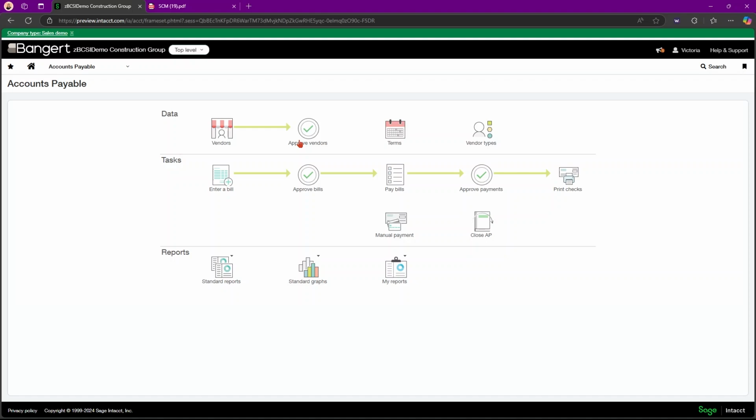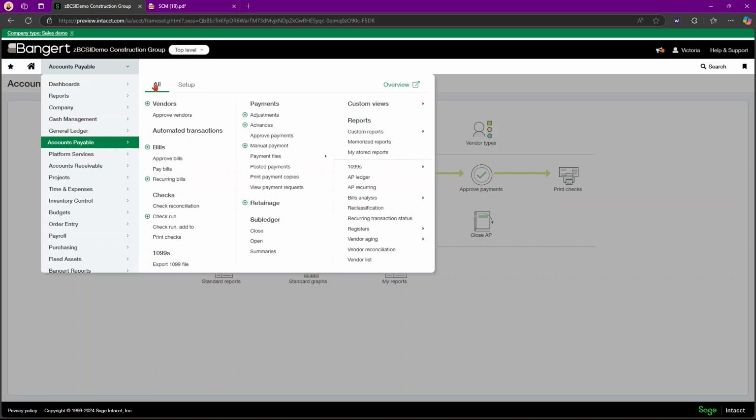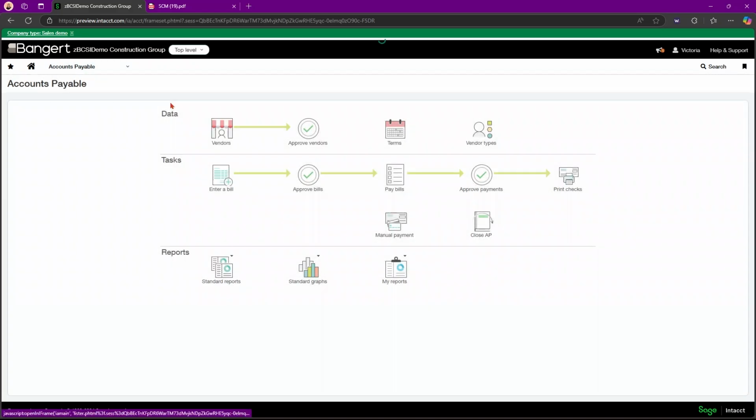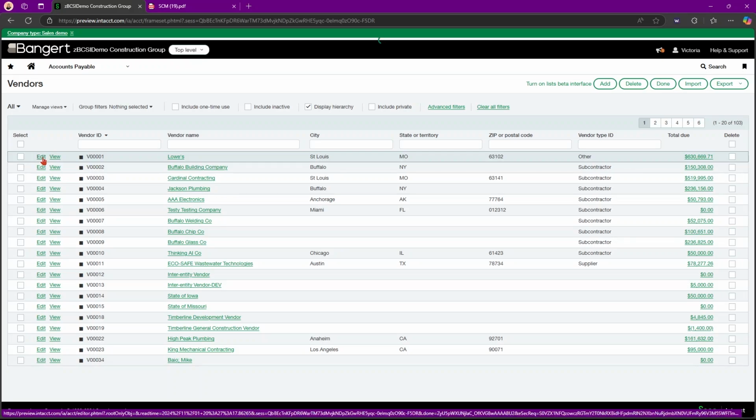And on the contact list tab, make sure to verify the vendor name and email address. Now we also have to set up a vendor to receive payment notifications. So we're going to go to accounts payable again. Then we're going to click all, go to vendors. So we are going to select whichever vendor that we need to select. I'm going to choose this one. And you're going to click edit.